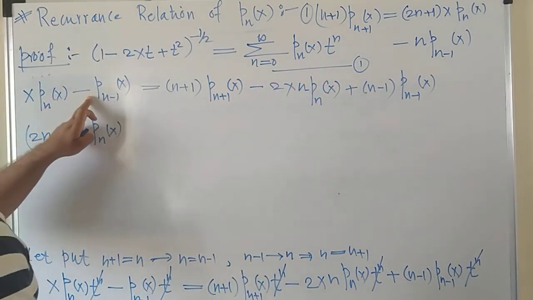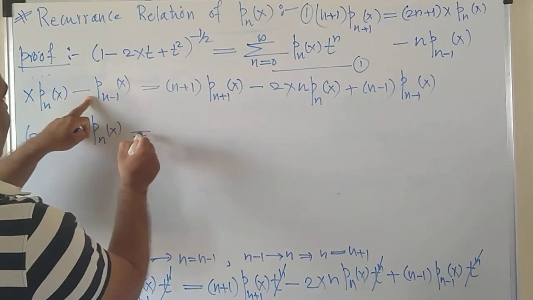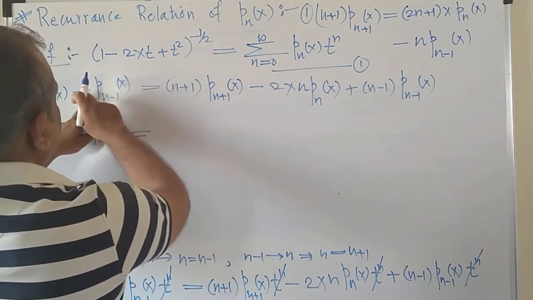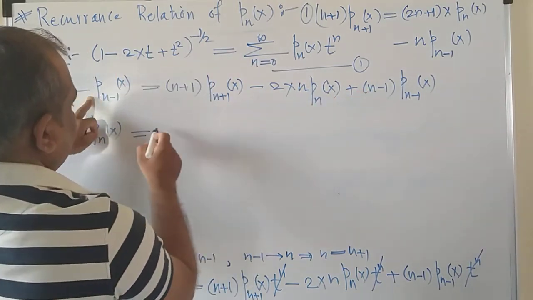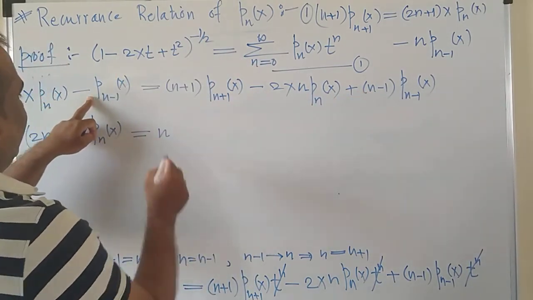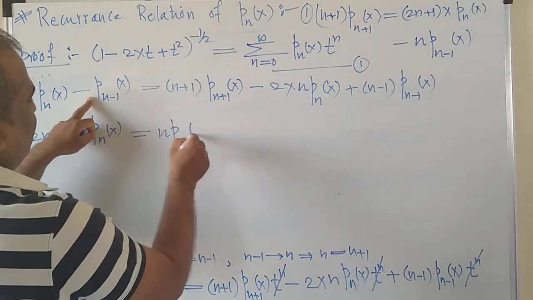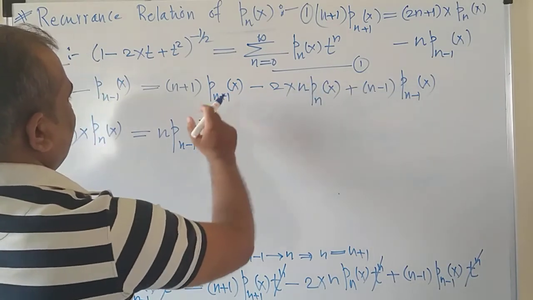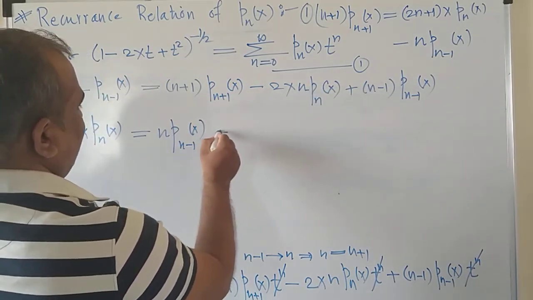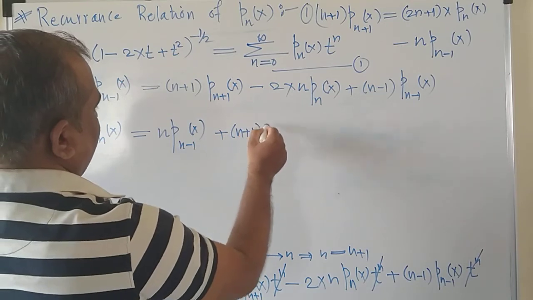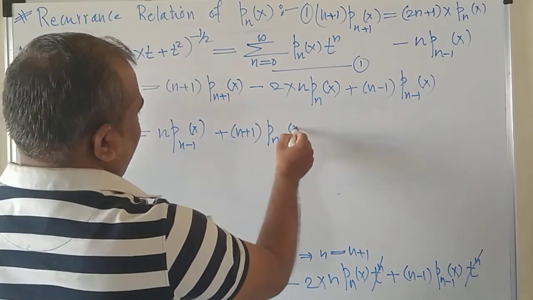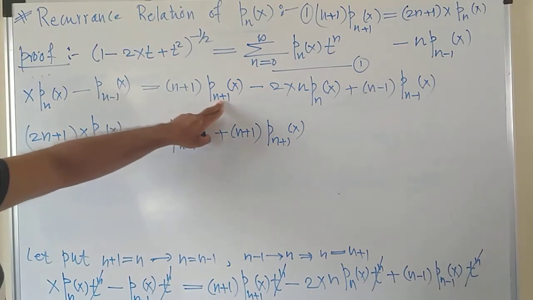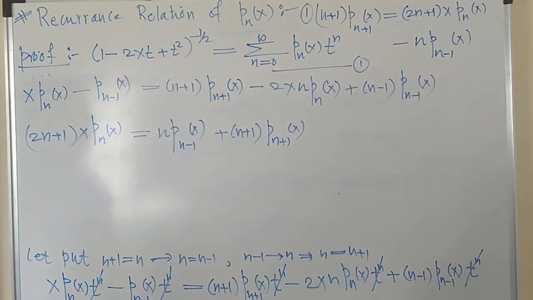So you can shift this negative to the other side. So from the other side you will be having n plus 1, n minus 1, and this will be a plus 1. So you will be left with n only into Pn minus 1 of x. Right? So this is over, and you will be left with this only. So plus n plus 1 into Pn plus 1 of x. There is no change in this term because there is no Legendre polynomial of Pn plus 1, right?